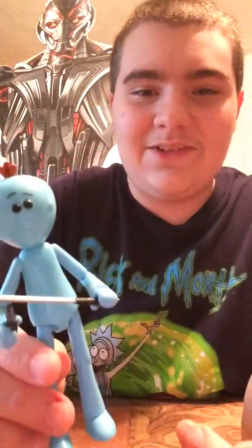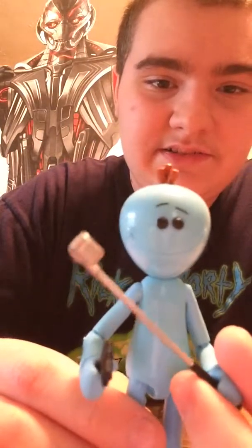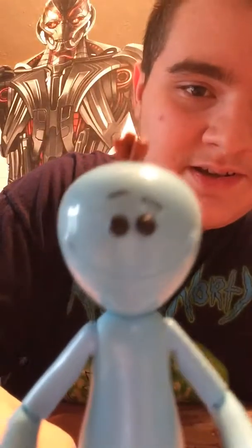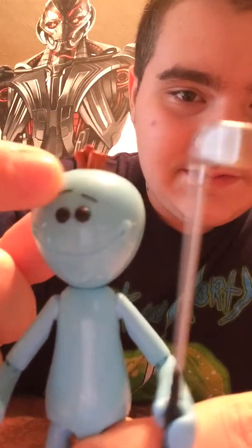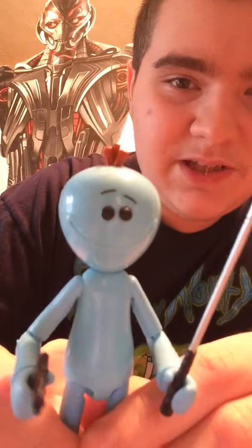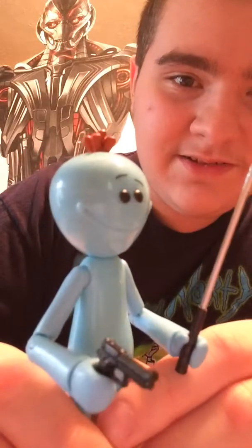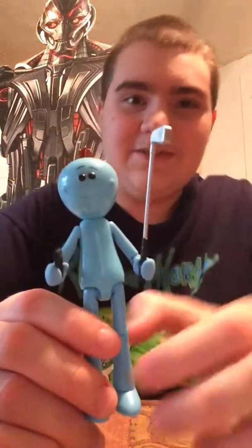So he really doesn't have a lot of sculpting detail because in the show he's kind of just a blue creature. He doesn't really have any detail on him in the show either. But you can see his eyes and his eyebrows are actually sculpted in. I really like that. There he has that smile and his little mohawk. Kind of reminds me of Play-Doh. Doesn't it? Kind of looks like Play-Doh on his head instead of hair. But I really like this figure, and since there's really not a lot of detail, I'll just go ahead over